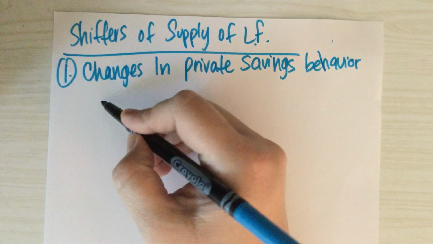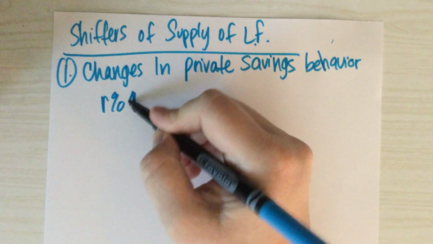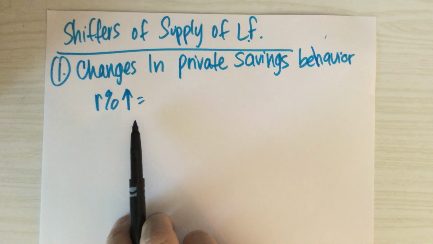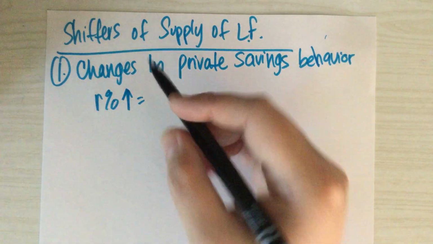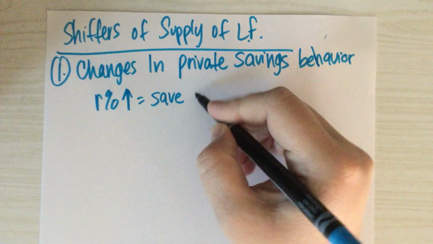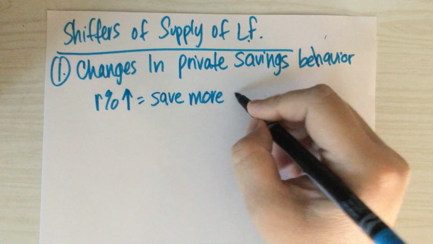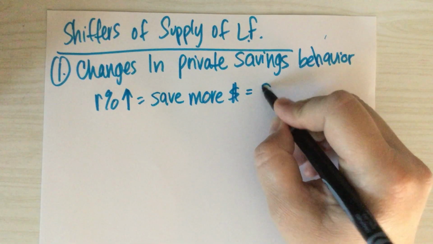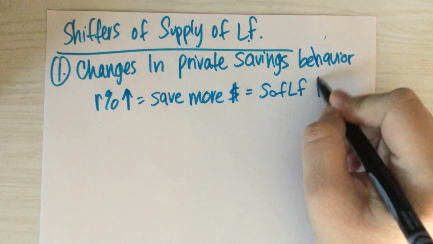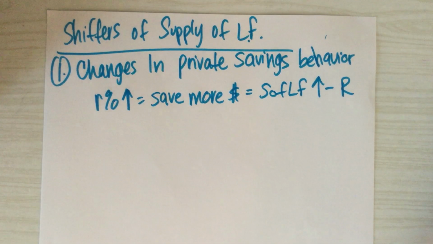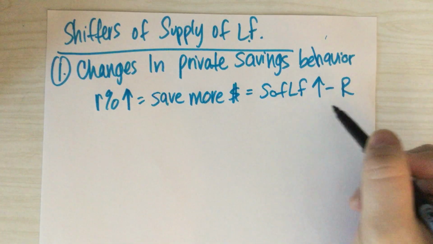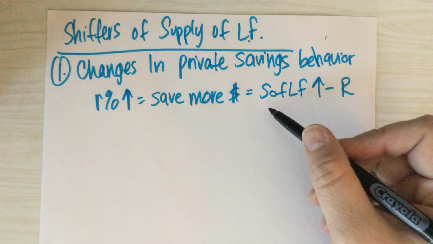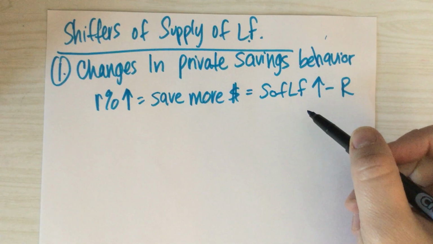So let's say, for example, that the real interest rate is really high. Remember we said you can only save or spend your money. At higher interest rates, we have an incentive to save our money. So we're going to save more money, right, if interest rates go up. And it's going to cause the supply of loanable funds to go up and shift to the right, because if more people are saving their money, that's more money in the banks that banks can loan out, and that's where the supply of loanable funds comes from.